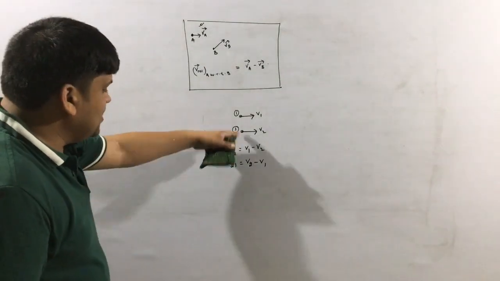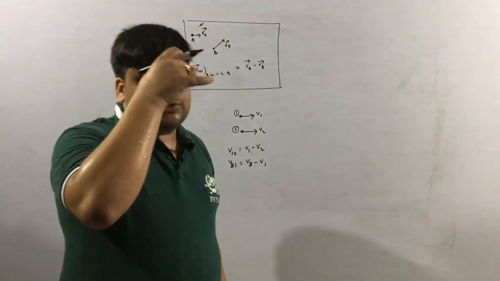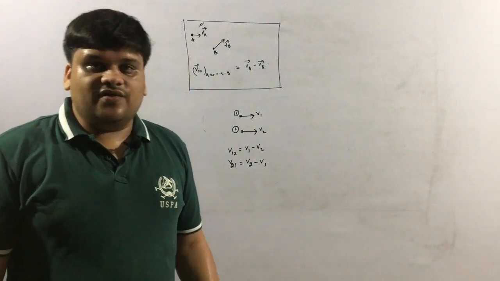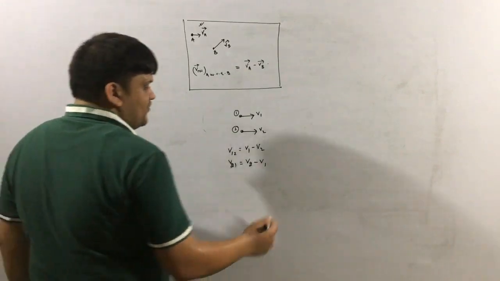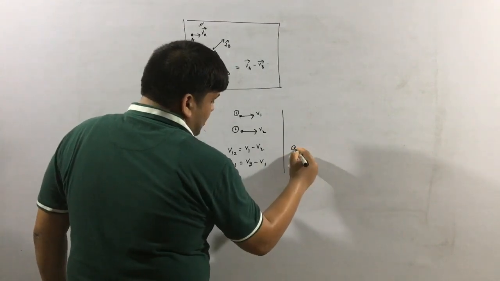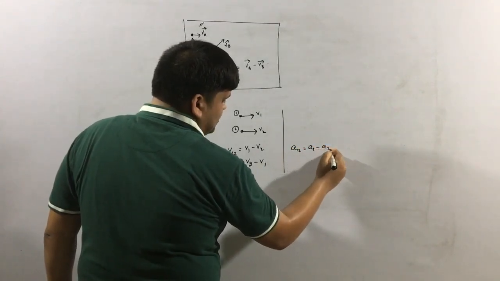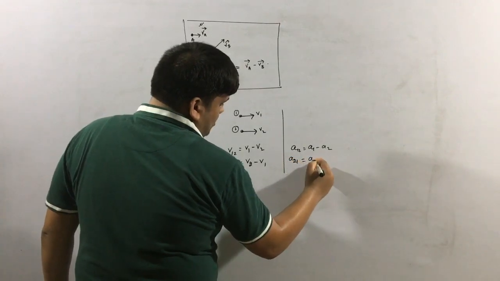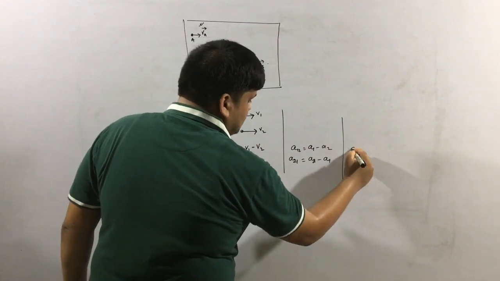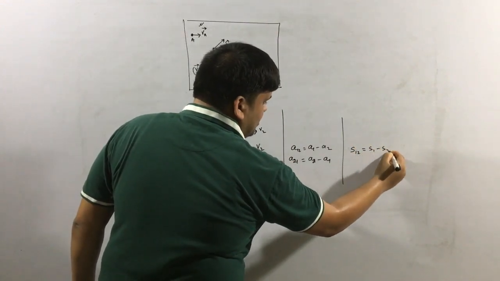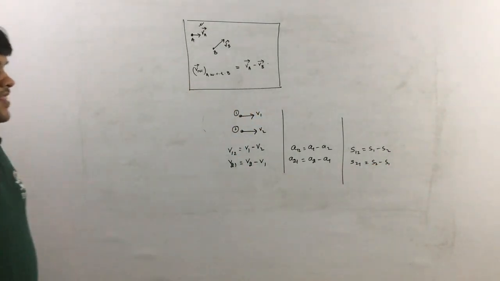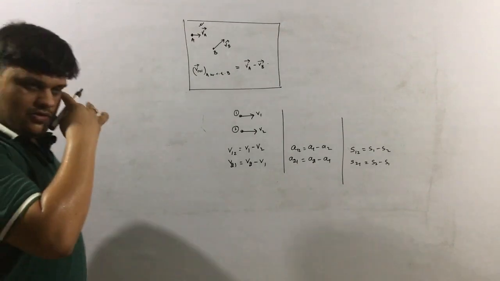Okay, all this meaning I have already told you. What does this mean, how to look at the relative velocity, how to feel the relative velocity and relative acceleration and all that I have already told, you can refer to that. And similarly for acceleration, a12 will be equal to a1 minus a2 and a21 will be equal to a2 minus a1. Similarly for displacement, s12 equals s1 minus s2, s21 equals s2 minus s1. So these are the basic formulas we are going to use.